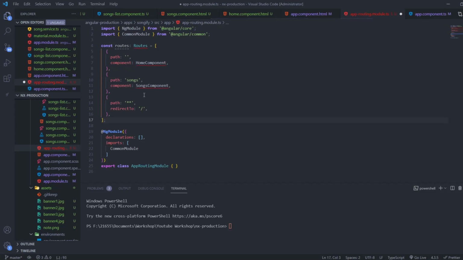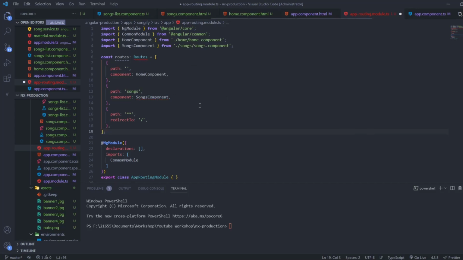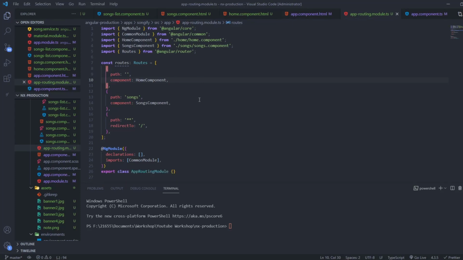Now let's set the routing. So let's head to the app-routing.module.ts and declare our paths array. So we declare the constant routes, which will have three paths. The first one is home, so path is empty and will render the home component. The second one is /songs, which will render the songs component. Now any other path is just going to redirect us to the empty path declared previously,